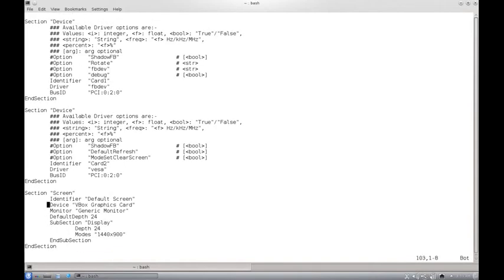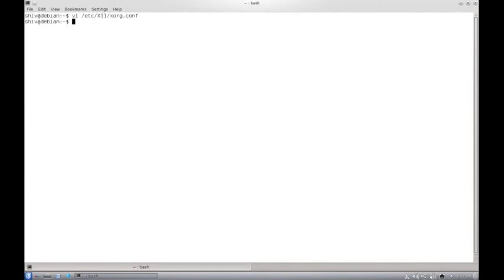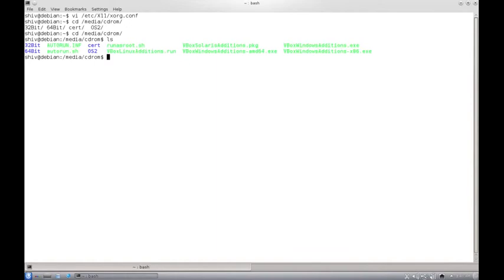See, you need to add this section and you need to add all this stuff, but before that you will have to install the VirtualBox additions, so that is here. Okay, so you see this file, right? So that you will have to run as root. So you say ./